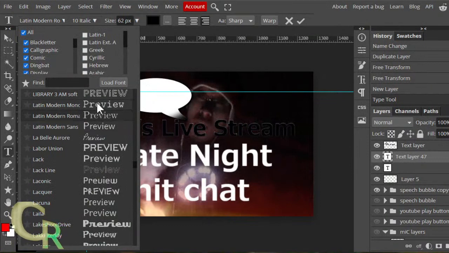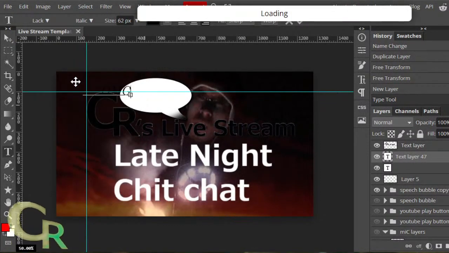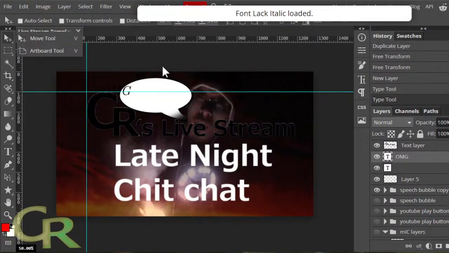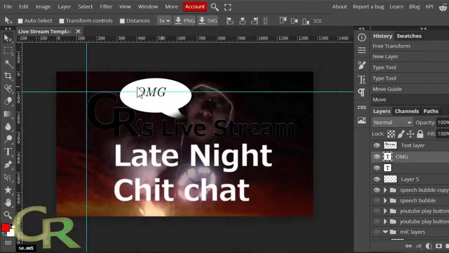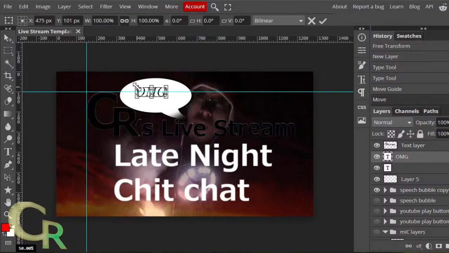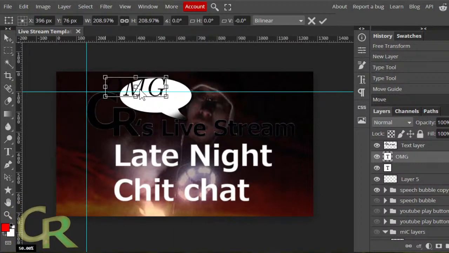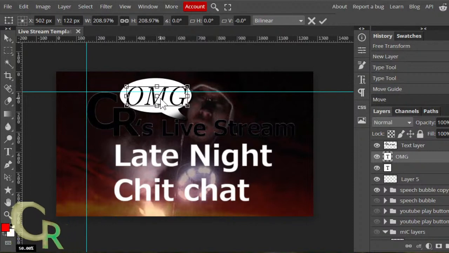Also, I would change the font to something much more noticeable. Select my move tool, get over, something like this. Increase the size right there so it fits in there.